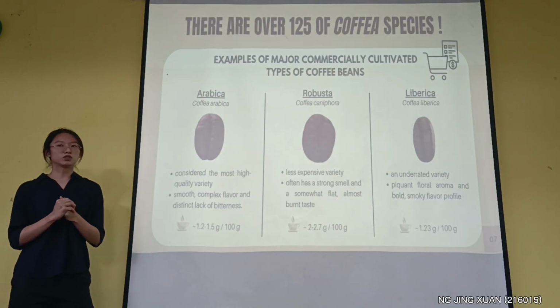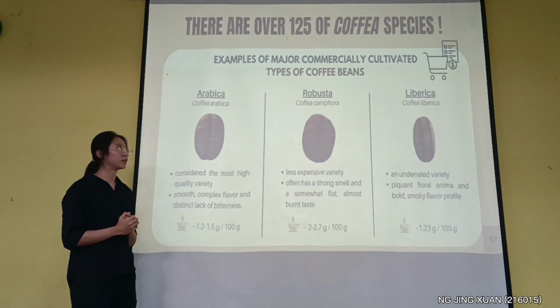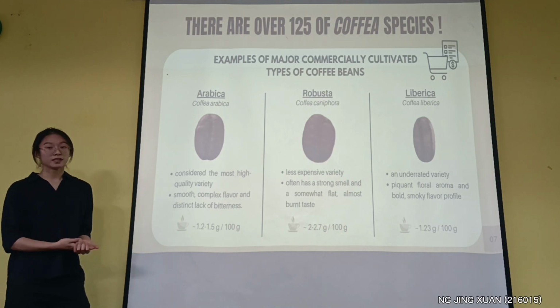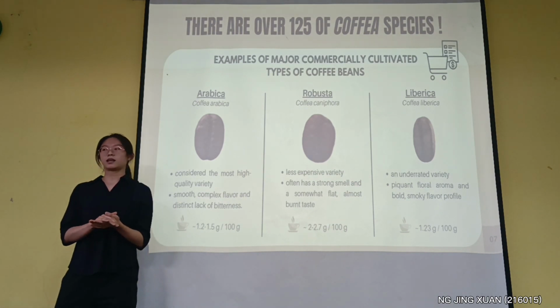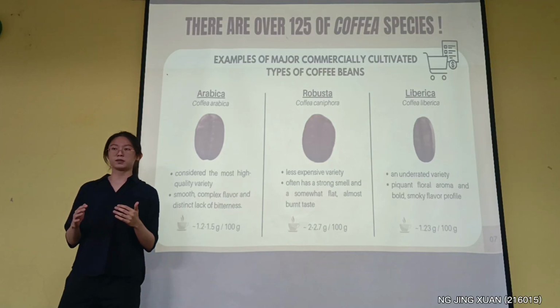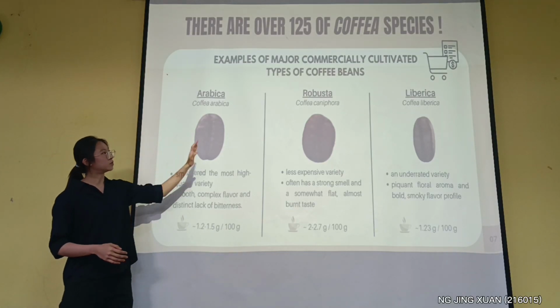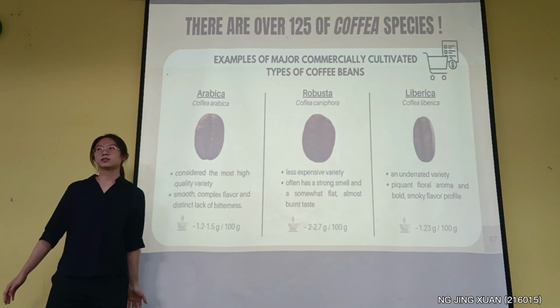So did you know that there are actually more than 125 species of coffee, but eventually only a few are consumable, and three of them are Arabica, Robusta, and Liberica. Okay, so